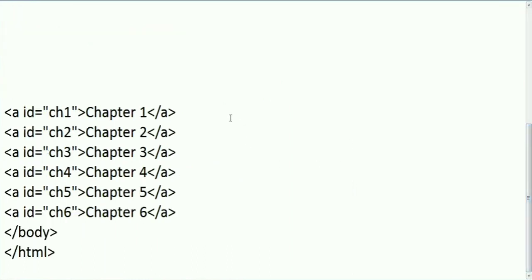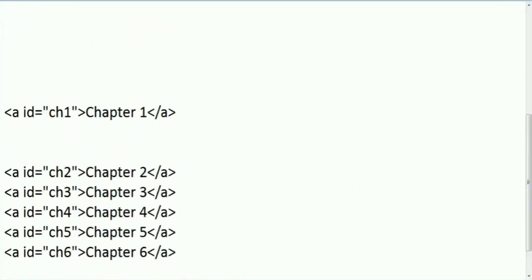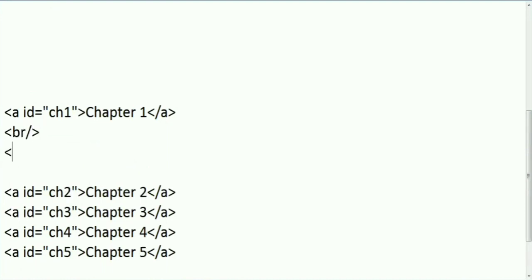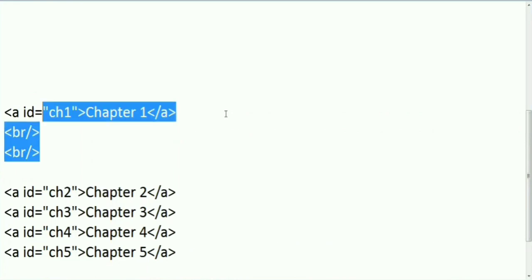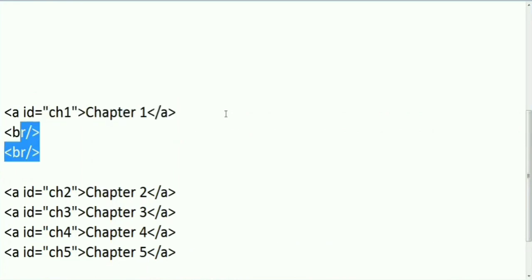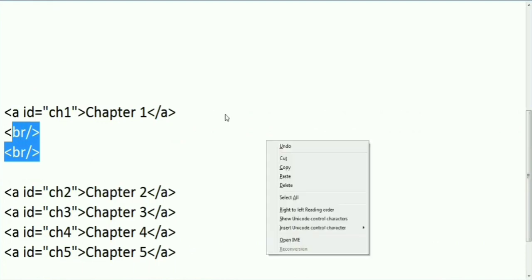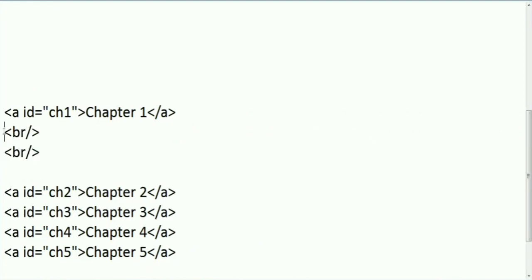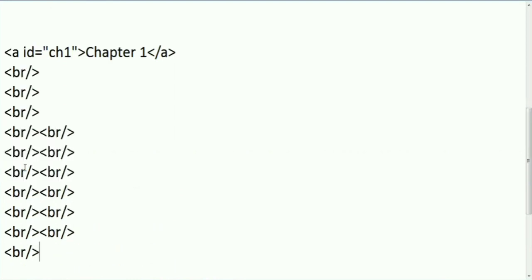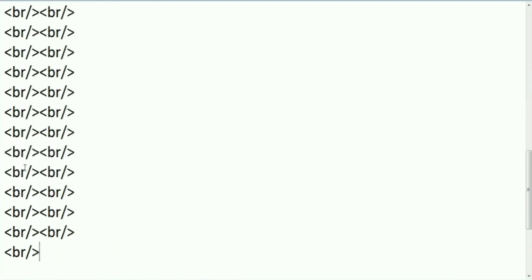In chapter 1, they have written multiple data. I'm using breaks instead of multiple gaps. I'm using just a break. For defining the data, because there might be a number of data there, I have used multiple breaks.